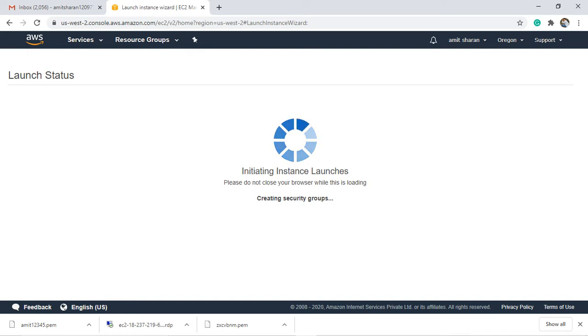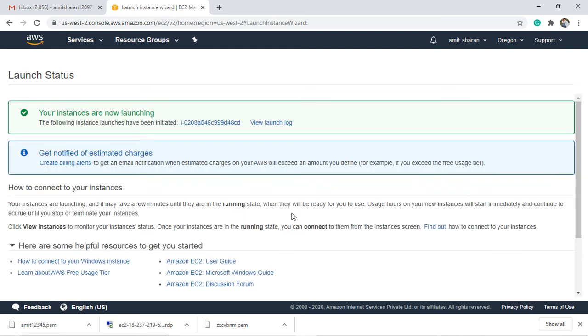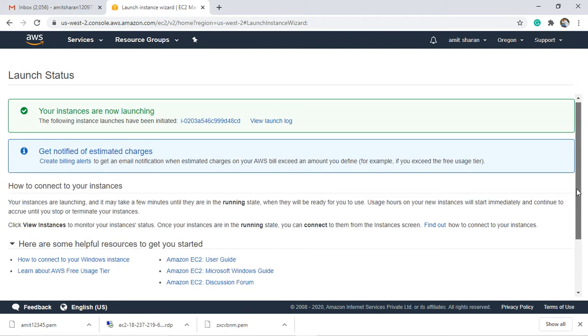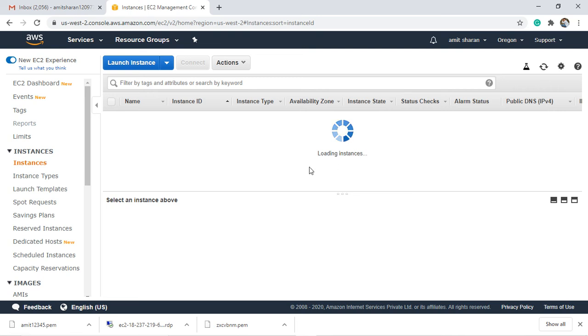This is the launch instance status. This is my launch status. Then go to the view instance, and here we are.